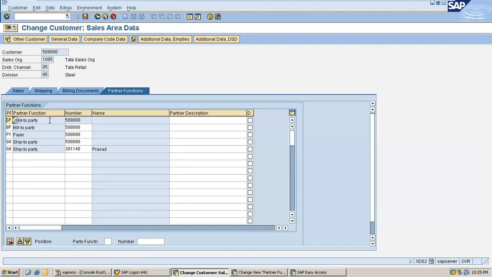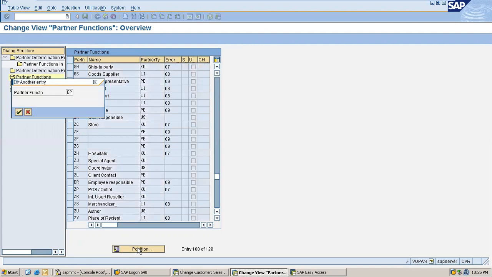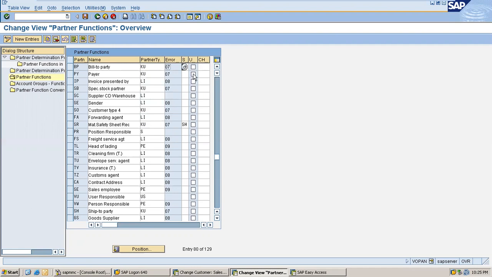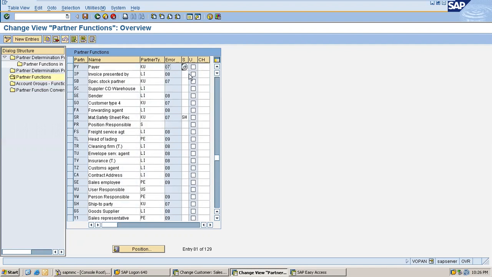So multiple sold to parties are not allowed because your sold to party is unique. As per business rules, you have to have only one sold to party, and in SAP we have a setting to achieve that using the unique check mark. Got it? So for the remaining ones like ship to party, bill to party, there is no unique checkbox marked, and the same for payer.